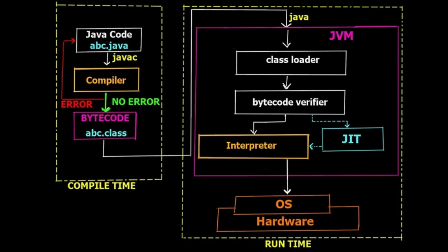JVM, the Java virtual machine, is the actual runtime in which Java application executes. JVM consists of class loader, which is used to load all the class files needed for execution. Then we have bytecode verifier, which checks the code fragments for illegal code. Then interpreter, as you know, it converts bytecode instruction to machine code. JIT compiler compiles reusable bytecode to machine code. And runtime is used to assist in overall execution of the program.